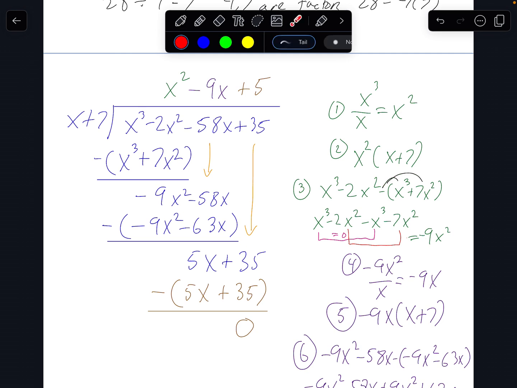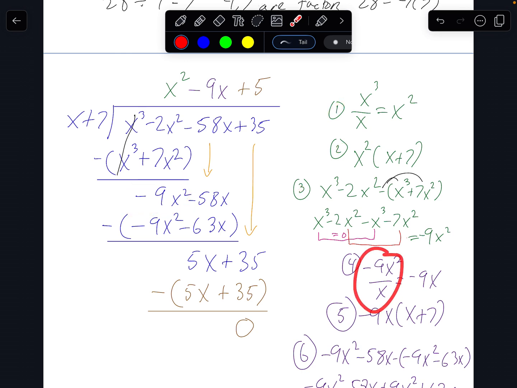The result, because x to the third minus x to the third is equal to 0, that result is going to be negative 9x squared. That's negative 2 minus 7x squared. Right, negative 2x squared minus 7x squared is a negative 9x squared. Bring down this 58, negative 58x, and these three steps happen over again starting with this new number here, negative